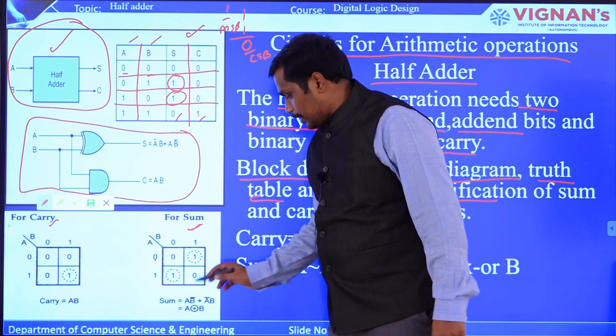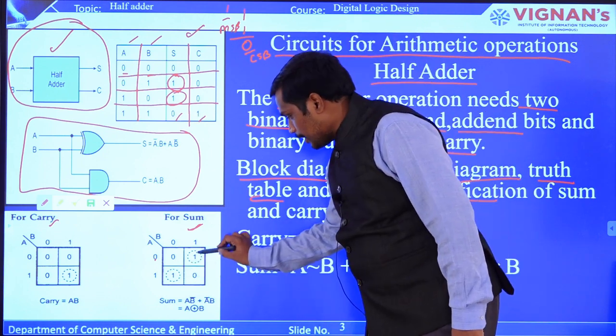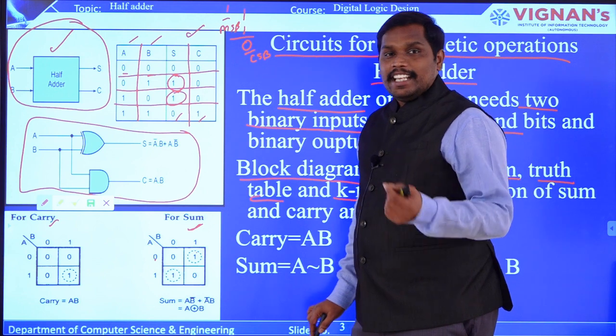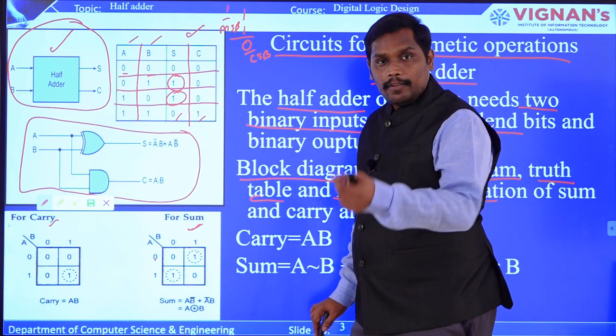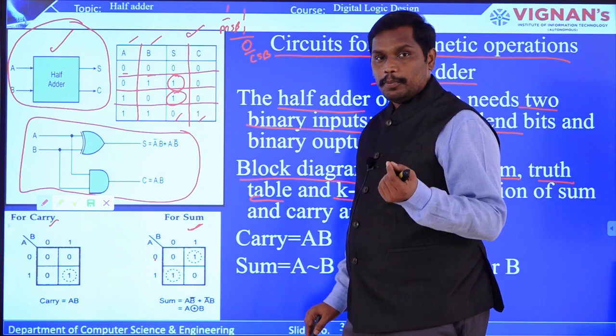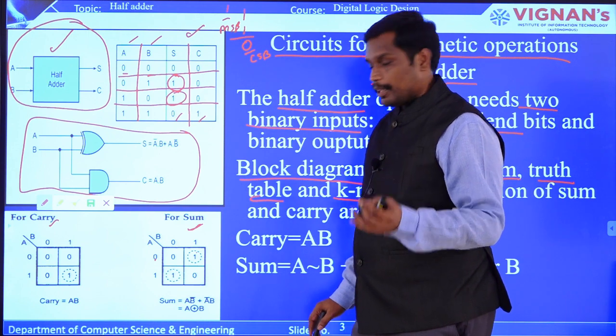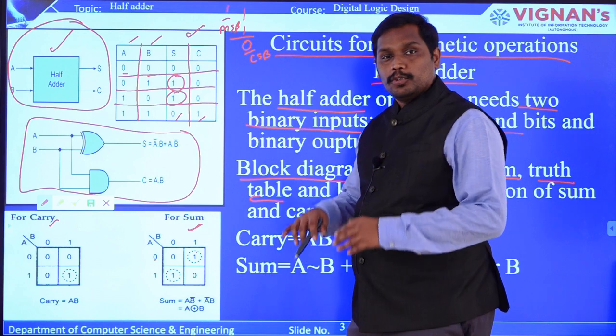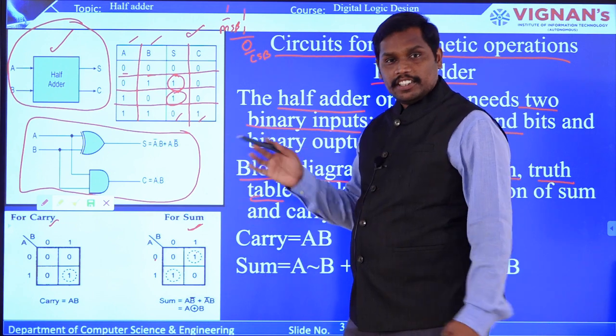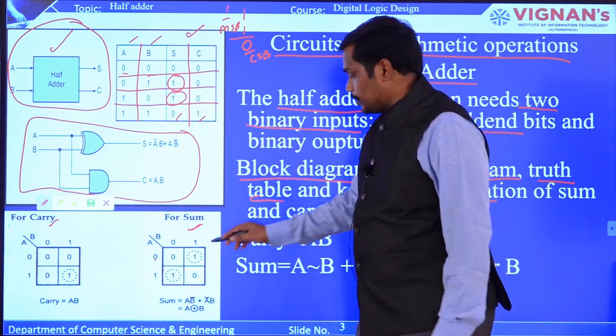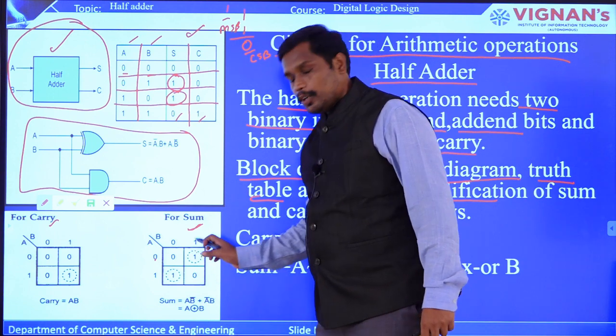Now for that, you can see that these ones don't have any adjacent ones to form a group, right? I hope you remember the pair concept, octant concept and quad concept. Here there are no adjacent ones to form a group, so these are called isolated ones. So 2 isolated ones are there.